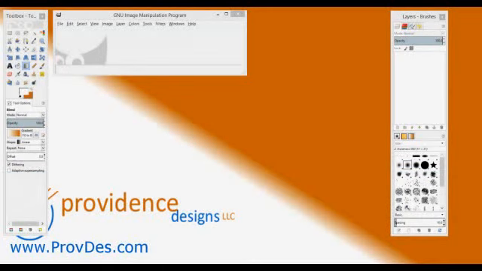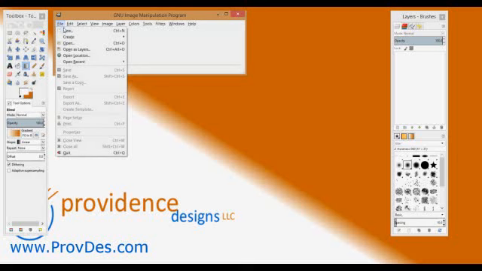Today we're going to look at how to create a button graphic. And we're going to use a program called GIMP, GNU Image Manipulation Program. And so we're going to start out, we're going to go to File, New,